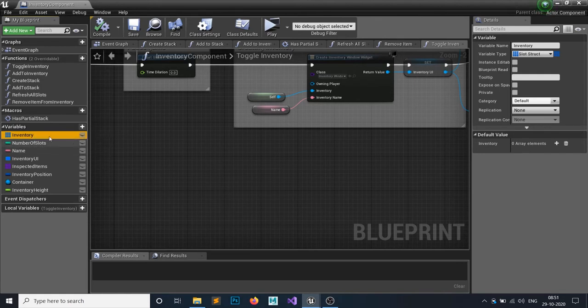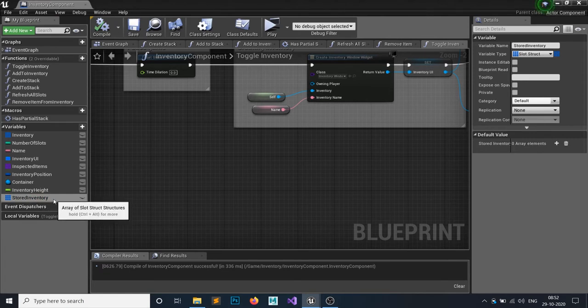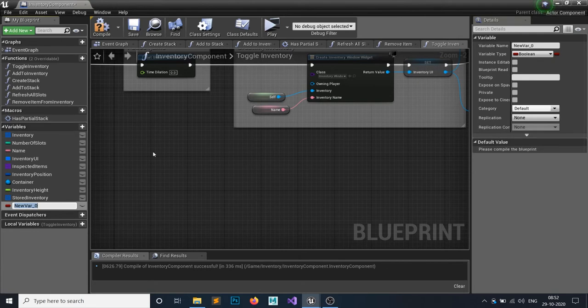So I'm just going to click on this inventory array and duplicate it with Control W. I'll call it stored inventory. Obviously our stored inventory also has a variable, the stored inventory slot, so if you want to modify the slots, you can simply modify it.